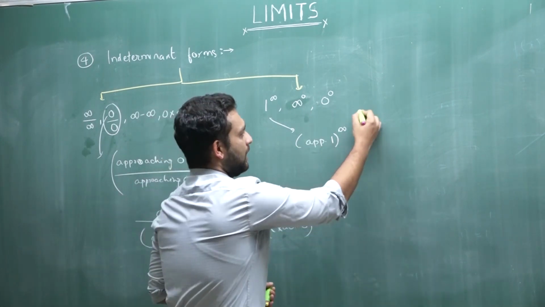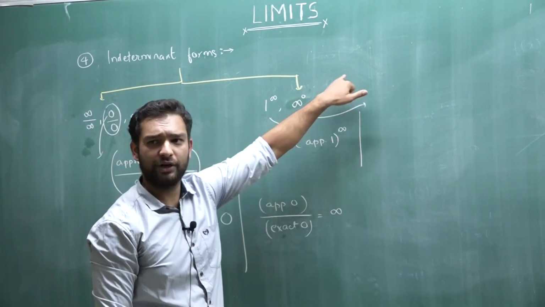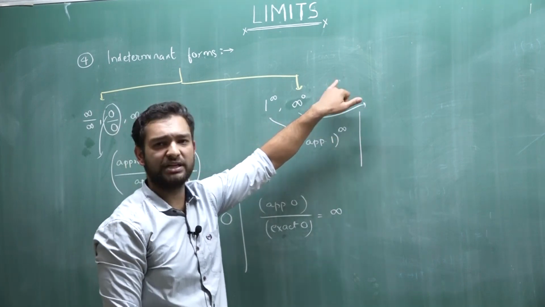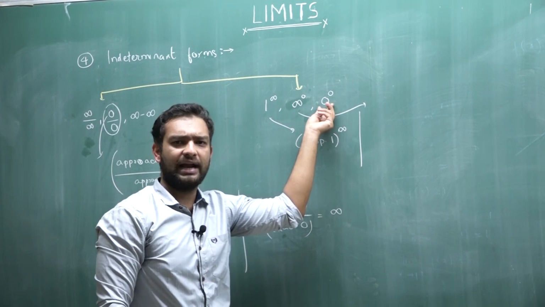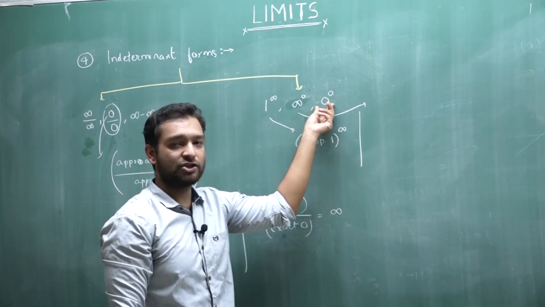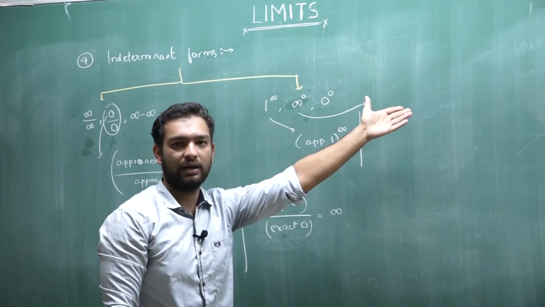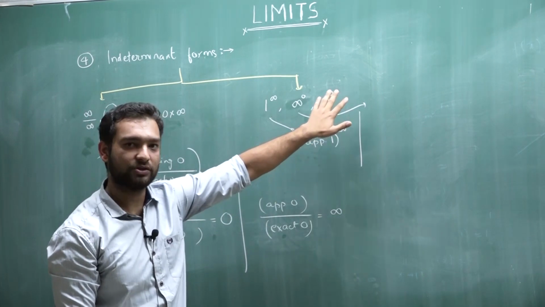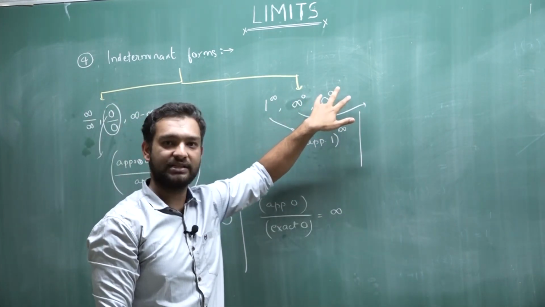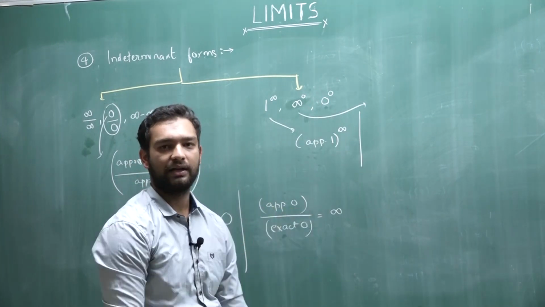Next, here also infinity raised to power 0, 0 raised to power 0. Both these values must be approaching 0. Here, if this is exact 0, you will directly write it as 0. If this is not 0, but this is exact 0, you will directly write this as equal to 1. So this is the basic difference between limits and the exact values of the function. This is not exact 0, this is the value which is approaching 0, maybe just less than 0 or maybe just greater than 0.